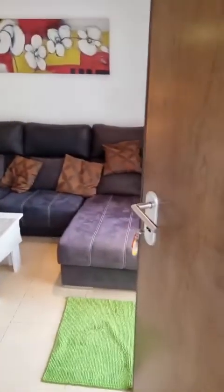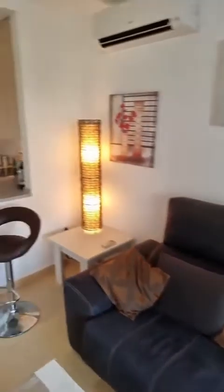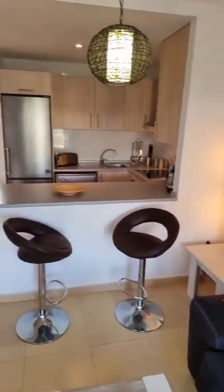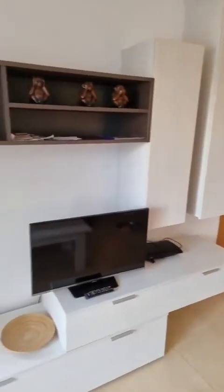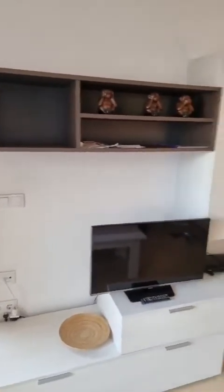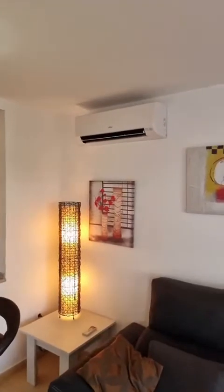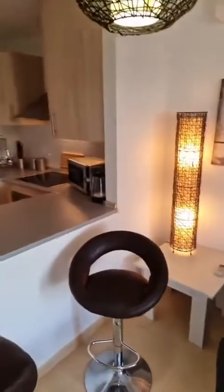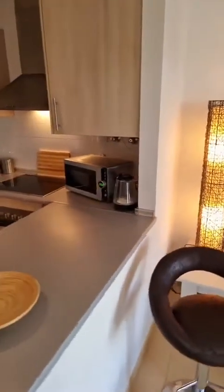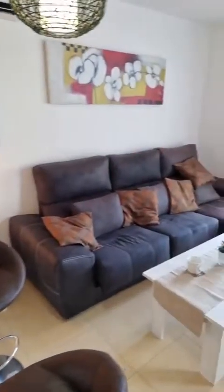Now we have a security door here. The property is sold fully furnished as we see it today in our little virtual open house. And as you can see, it's perfectly furnished for holiday or for residential use even. The property is equipped with altogether 4 air-conditioned units. This looks like it's working, but it's obviously not working because not necessary. And it is equipped with many mod cons, which I will show you now in our virtual open house today, presented by